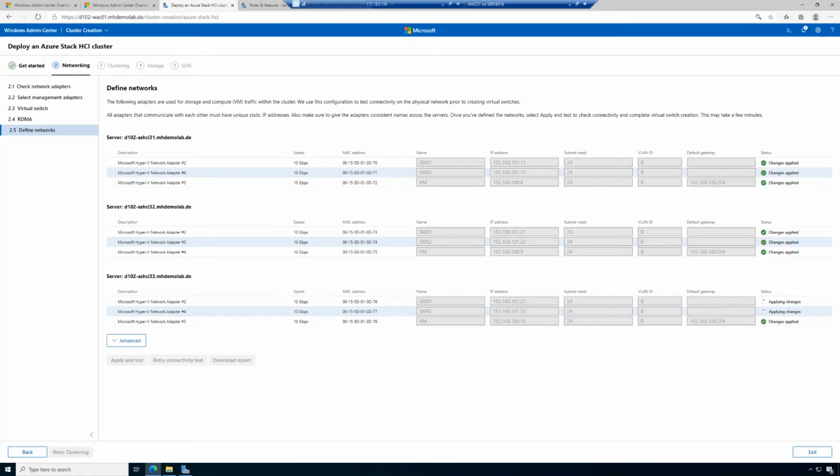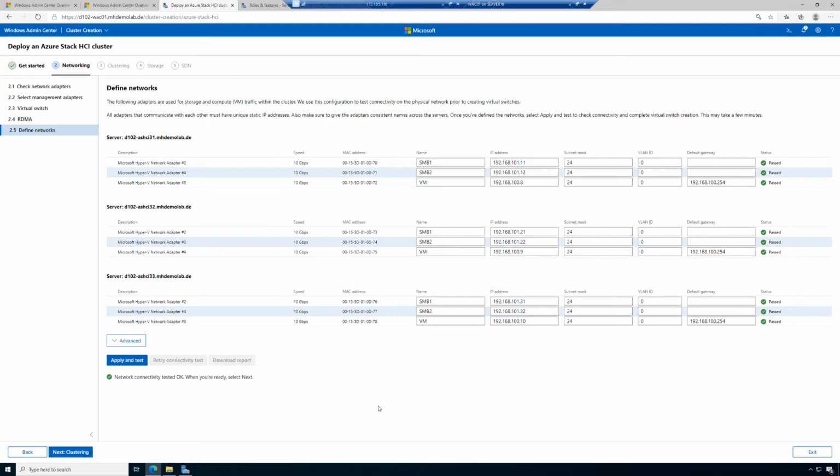So the changes have applied already to the last adapter, now also to the first 2 adapters. And you see, we already had a lot of green marks here, so success values. But now all the data is written, and there's again a testing of the connectivity. So now the second connectivity test was successful. Everything passed here successfully. And now I could apply and test again, or I can go to the next step,